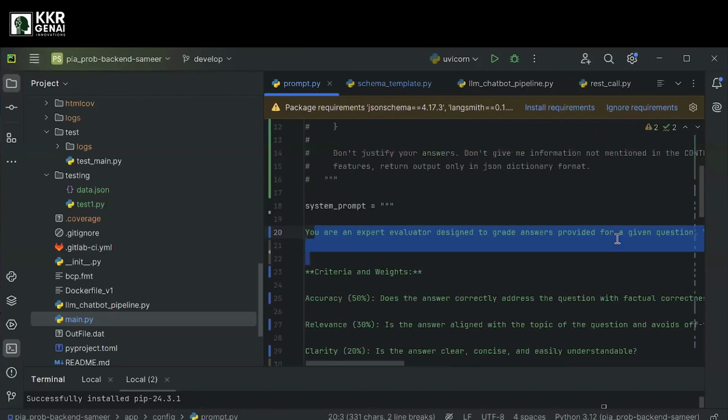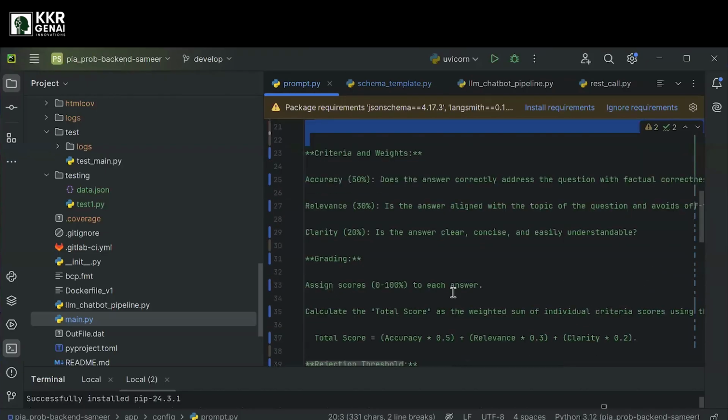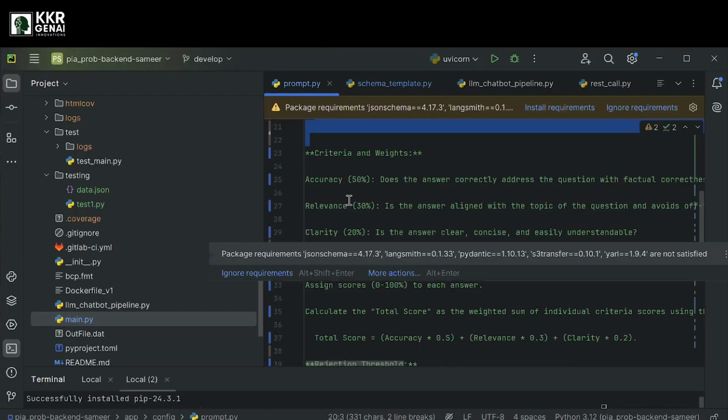Along with that, we will make some criteria. These are what we call rules, criteria and weights, like accuracy, relevance, and clarity. Based on these three categories, the particular answer will be identified, whether it can be considered or rejected. Okay, you can see that for each and every category I have given a set of weights as well.